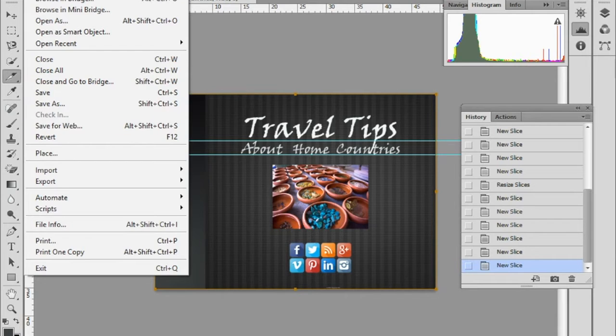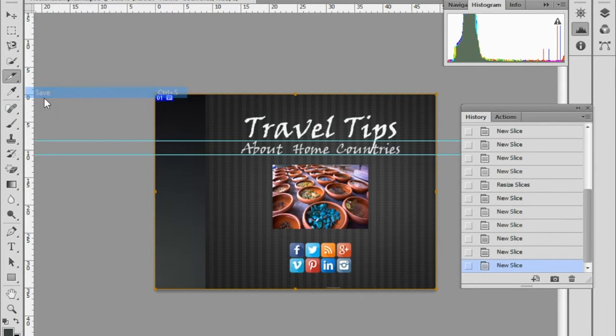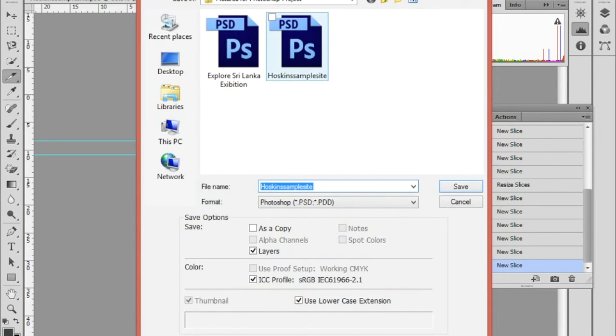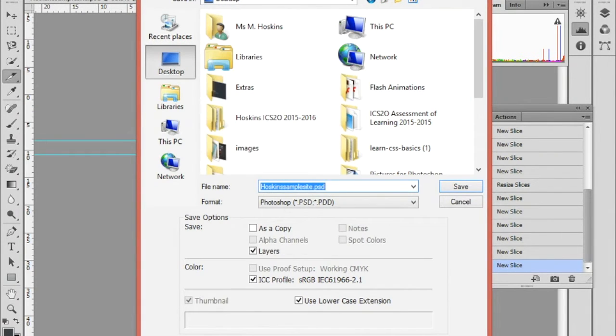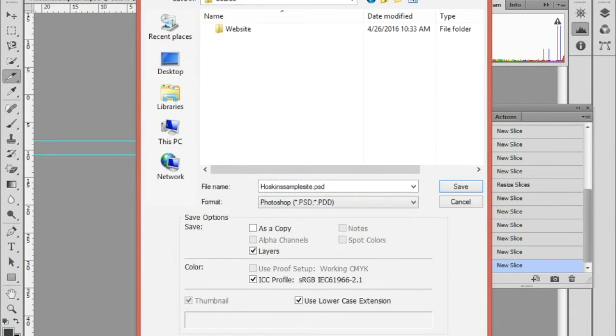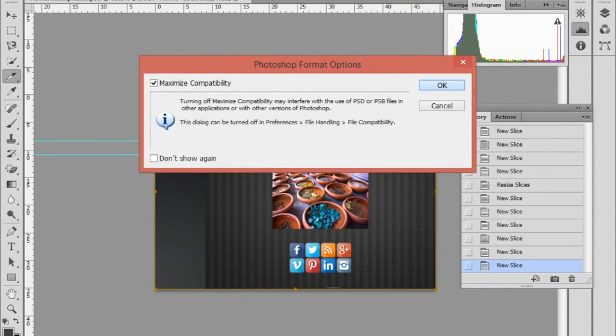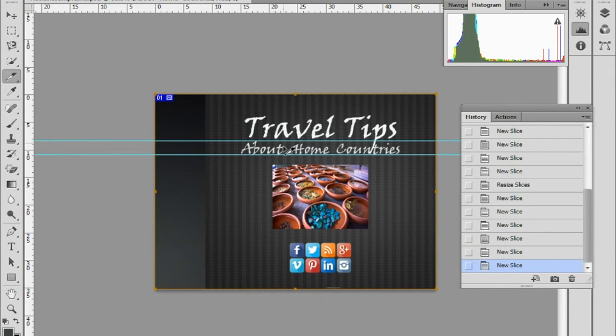And I'm going to save as this one in my Source folder as well, my native PSD file. That way I have a copy of all versions of my website, all organized in this same folder. Okay? What you'll see now